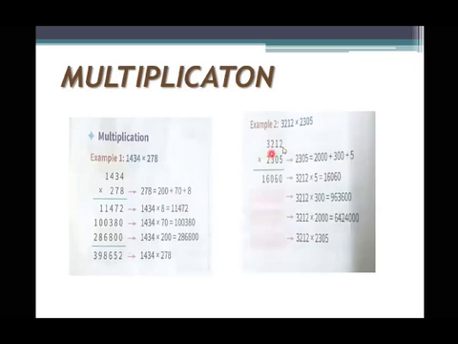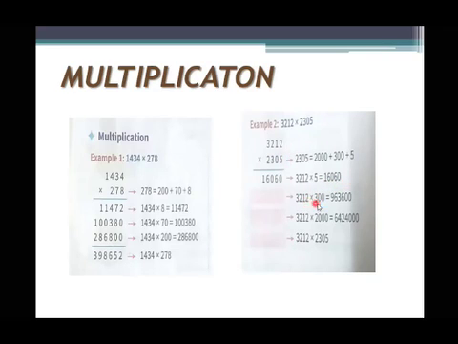So let us see the example 3,212. So here now with 4 digits, we have multiplied by 3 digits. Here 4 digits, you have to multiply by 4 digits. 3,212 we should multiply by 2,305. Now you have to write in this form. 2,305 means 2,000 plus 300 plus 0 plus 5. The 0, if you add, you will get the same, so we don't need it. So it is 5. First you should multiply 3,212 with 5. So you will get 16,060.